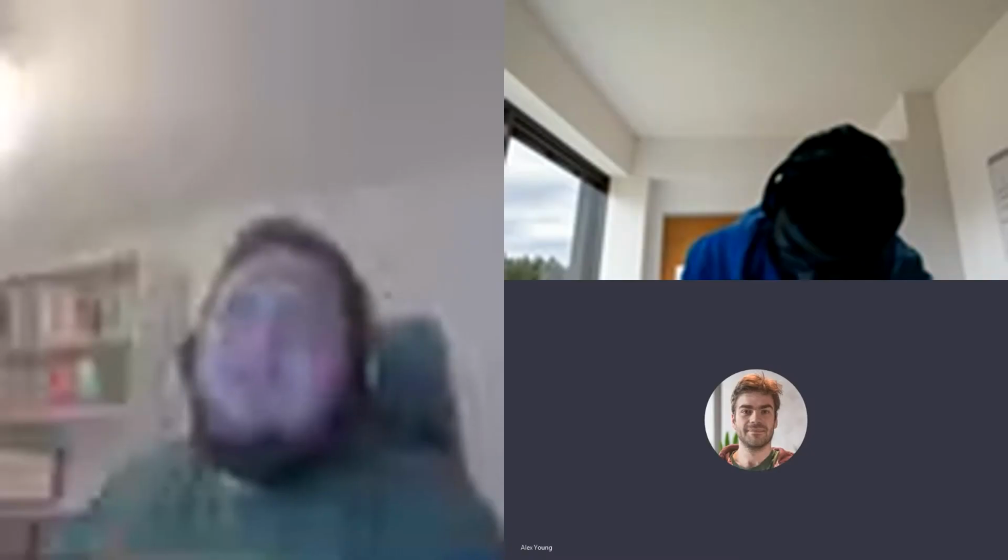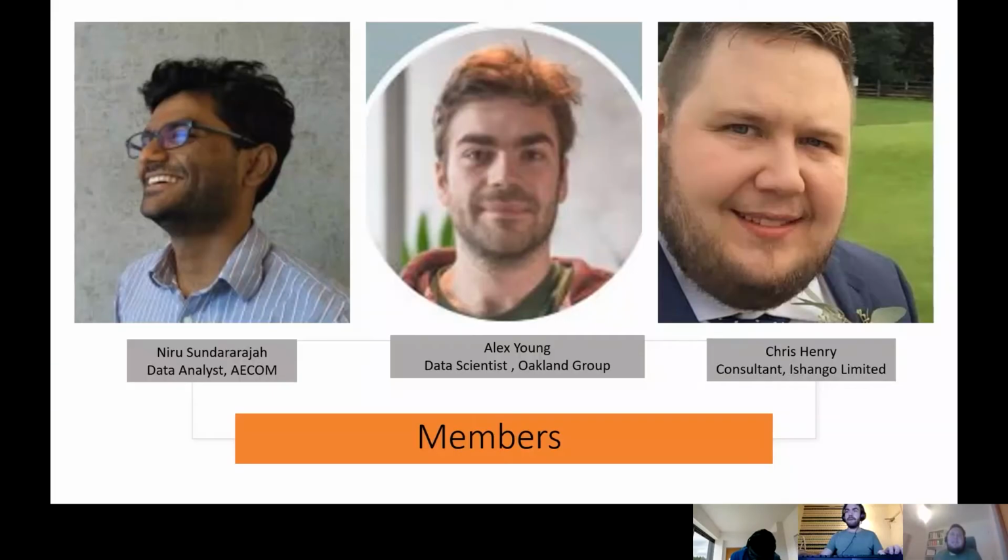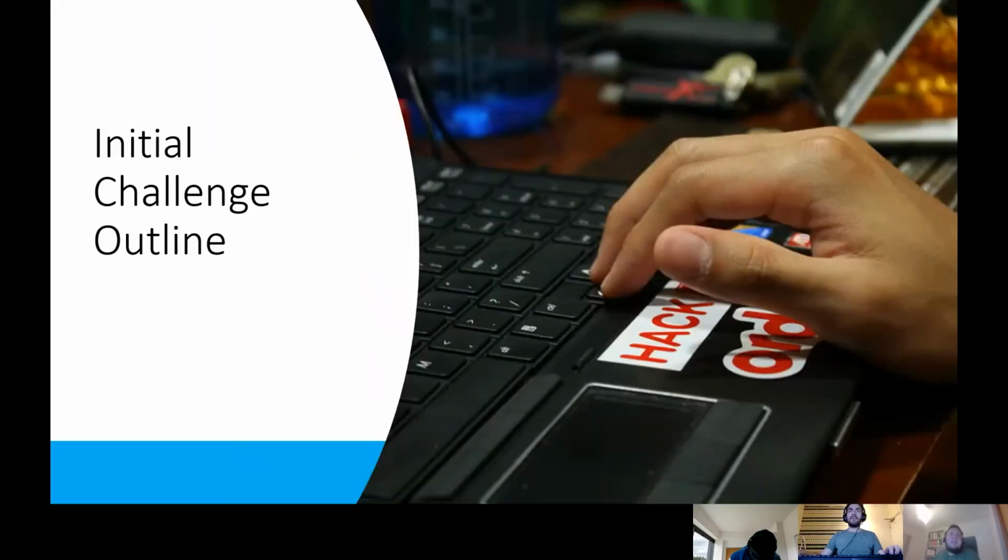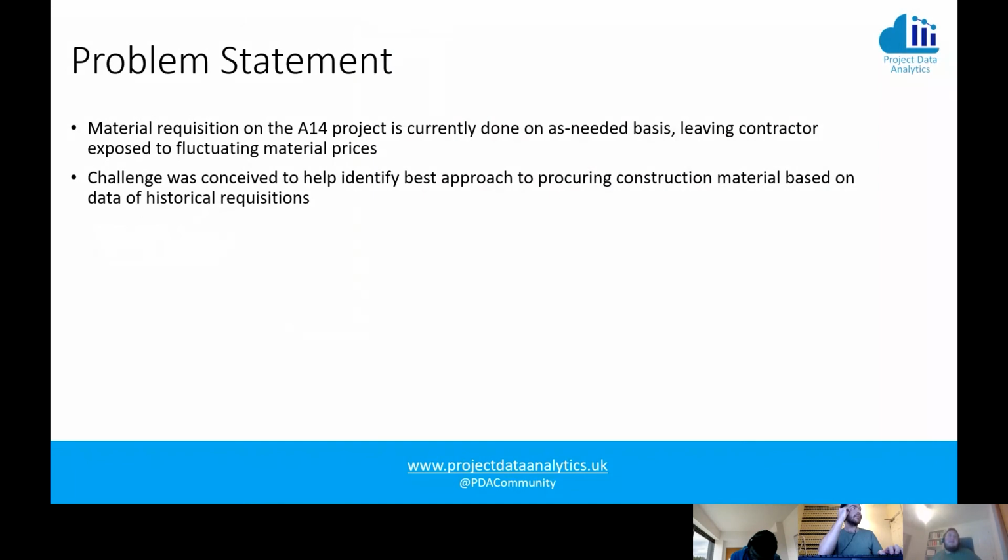This is challenge 10, which is all about material requisition optimisation. These are the team members. And our problem statement was: material requisition on the A14 project is done on an as-needed basis, leaving contractors exposed to fluctuating prices. So the challenge was conceived to help identify the best approach to procuring construction material based on